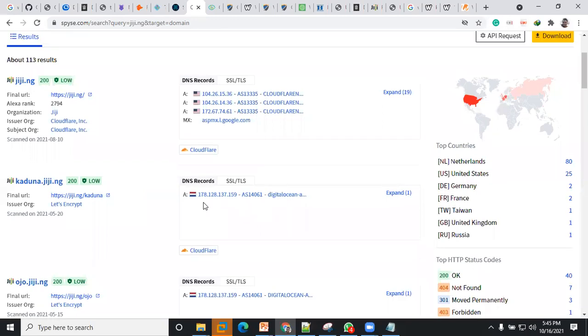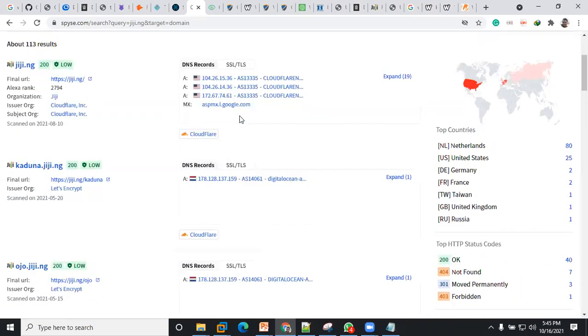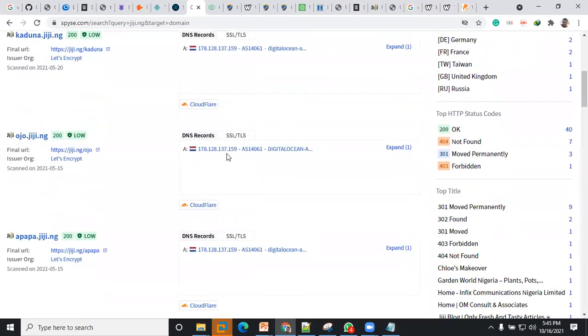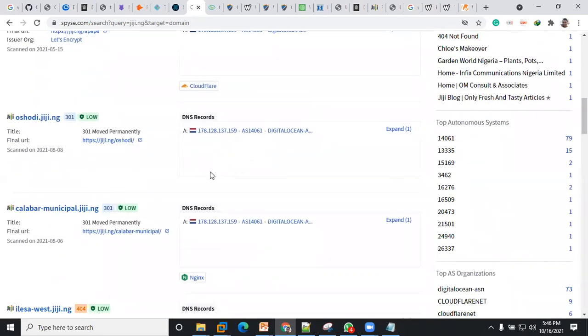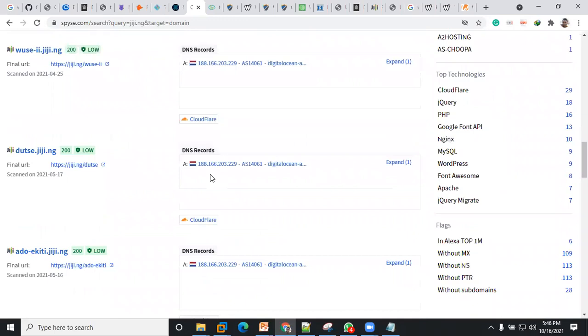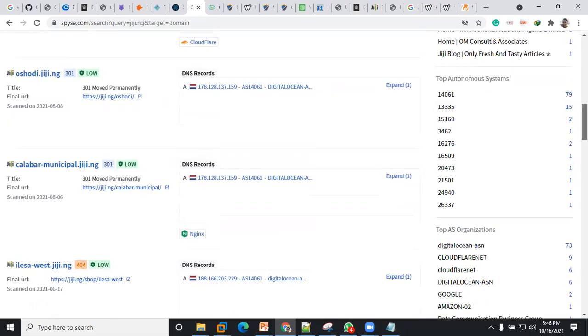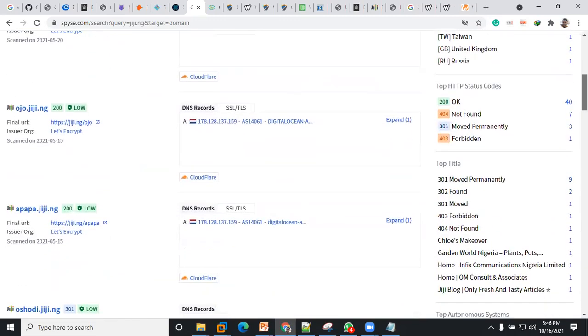See the A record. That's 159. It is also the 159. So for every one of these it is the 159. That's the A record. The good thing to also look at, you guys should look at the left-hand side here.